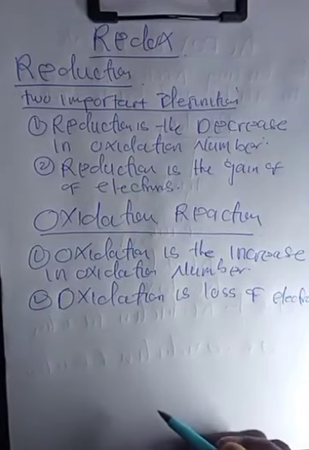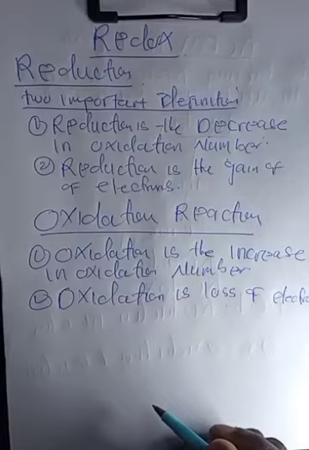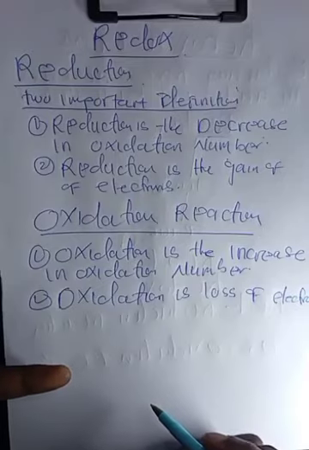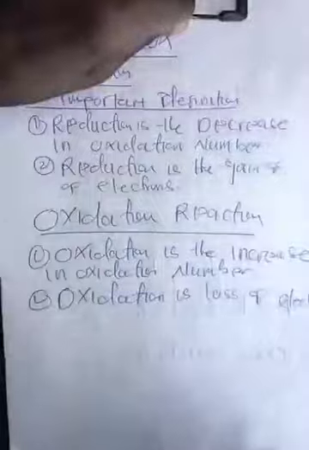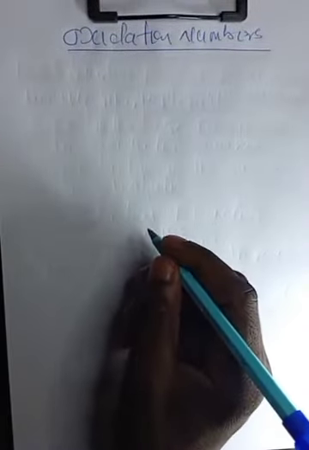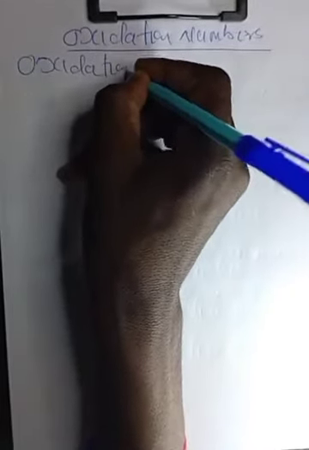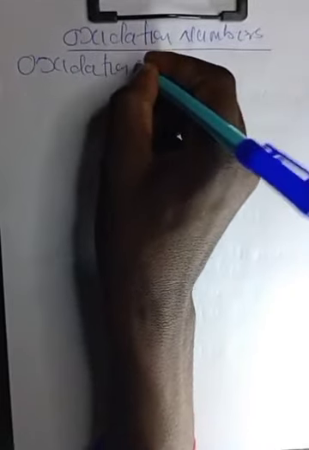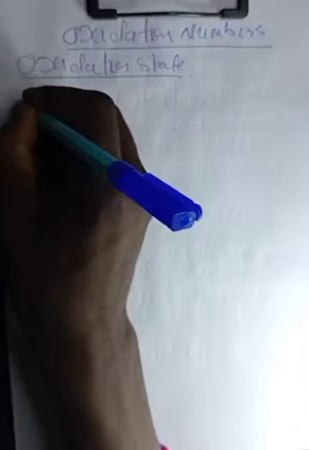Now I want you to understand the concept of what we mean when we say oxidation number before we proceed. Let's focus on the oxidation number. Oxidation number is also called oxidation state. So what is it by definition? We can define it as